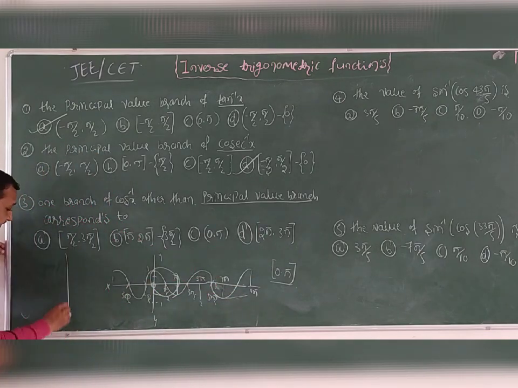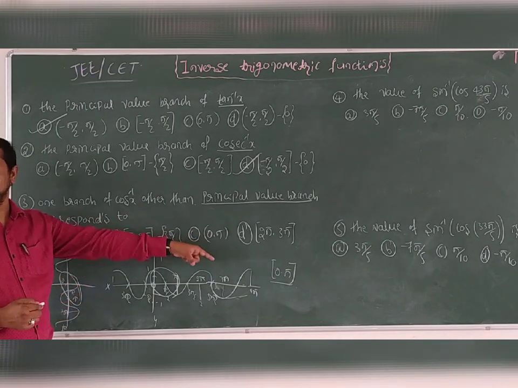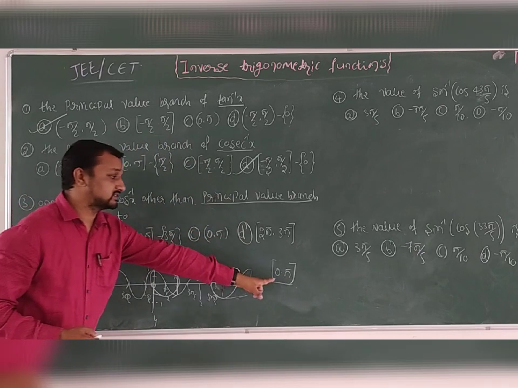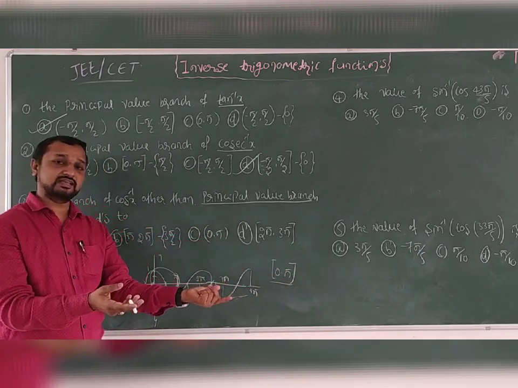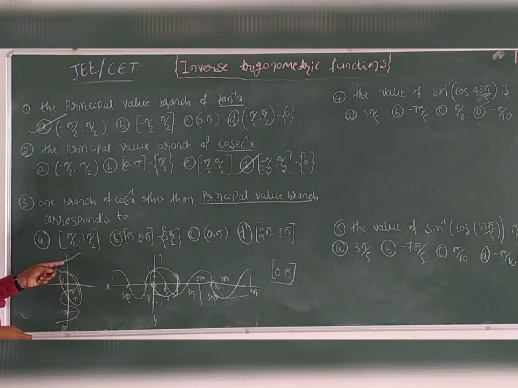Is that clear? So like that here also we can write this type of. Okay, this is 0, this is pi by 2, this is pi, this is 2 pi, this is 3 pi, like that. Other than 0 to pi, which is the principal value branch of cos inverse x, the other ranges we already know. In the negative side, minus pi to 0, minus 2 pi to minus pi, minus 3 pi to minus 2 pi, like that. And on the other side, 0 to pi is the standard principal value branch.